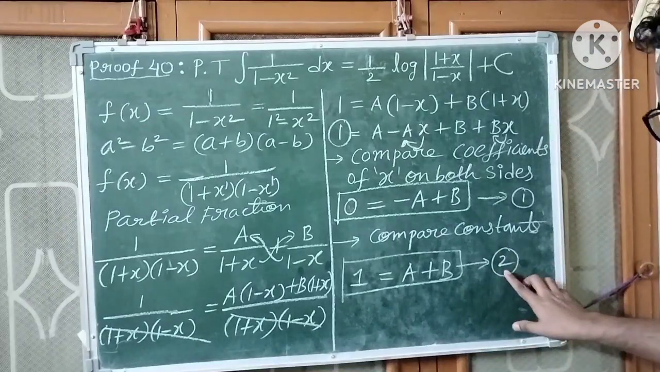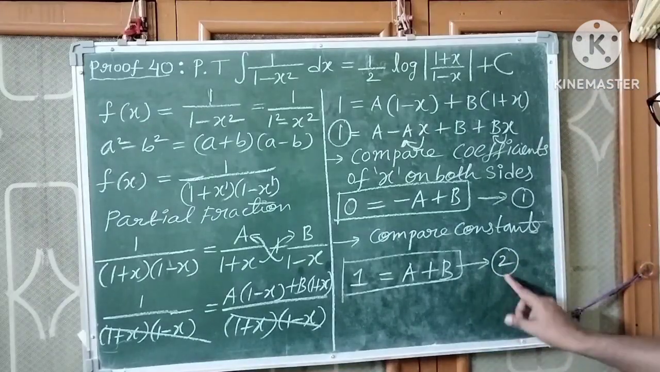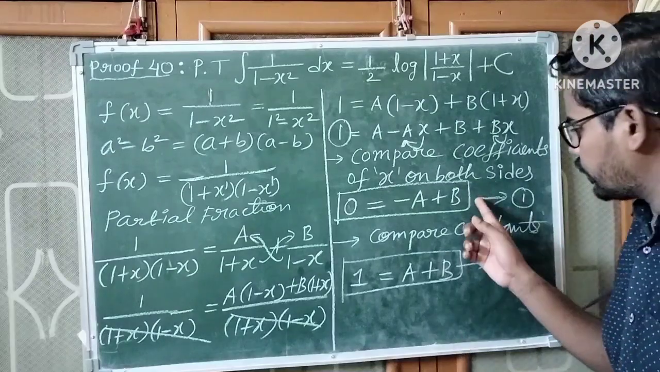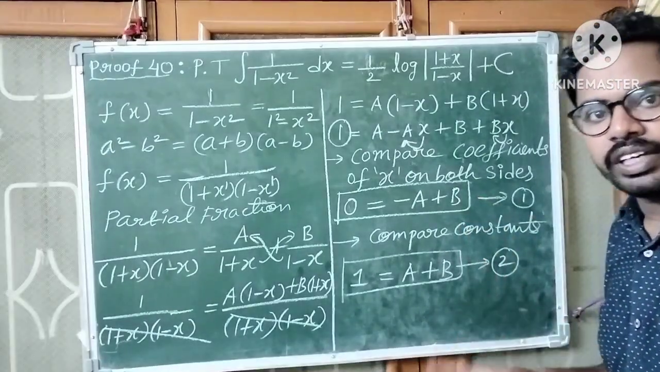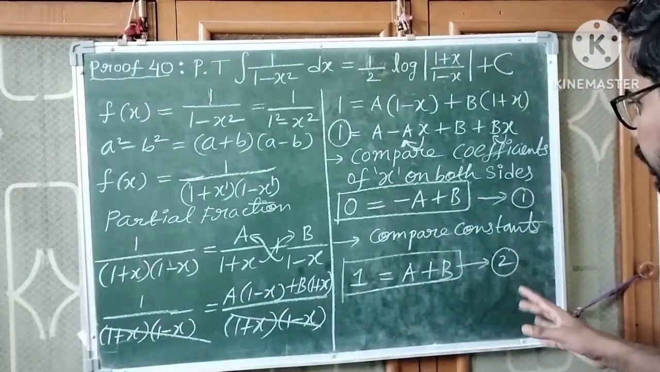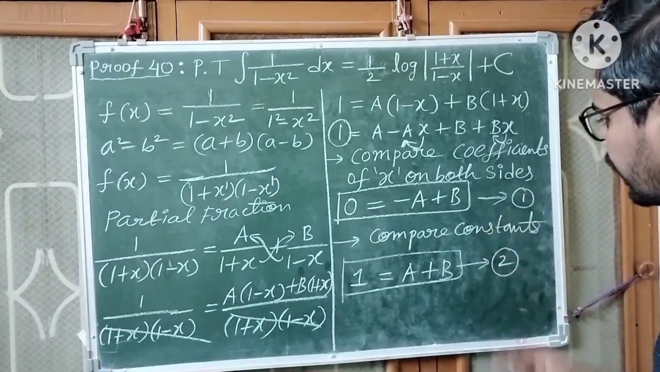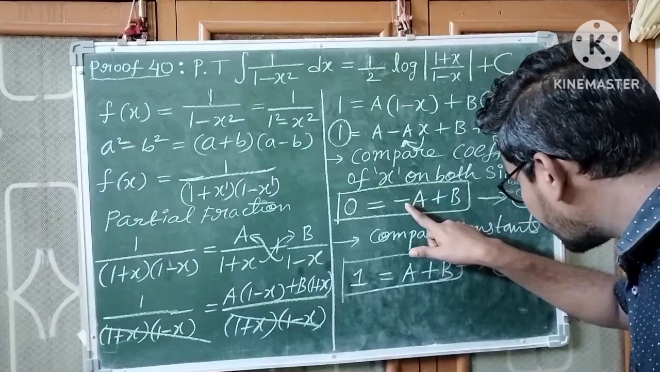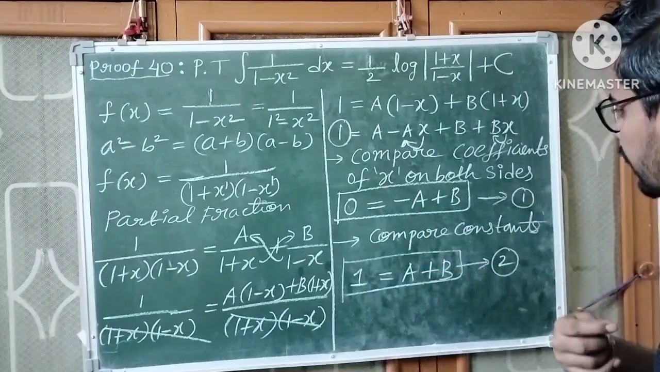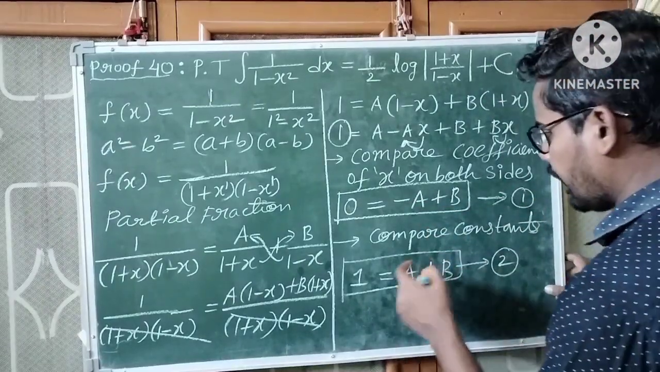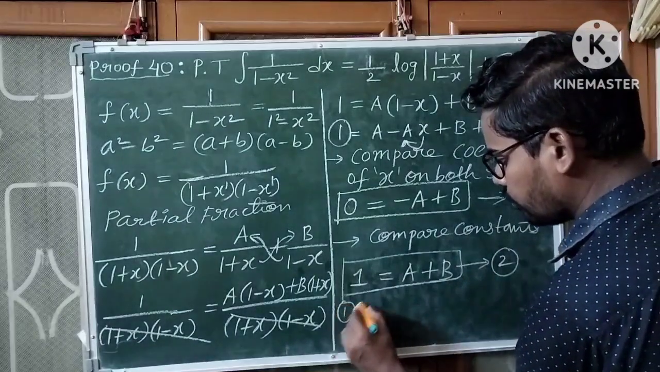Okay? Let us name it as equation number 2. Now using equation number 1 and equation number 2 we can find the constants a and b. Observe equation 1 and equation 2. When we add equation 1 and equation 2, negative a and positive a get cancelled, so we can find the b value. So by adding equation 1 and equation 2,